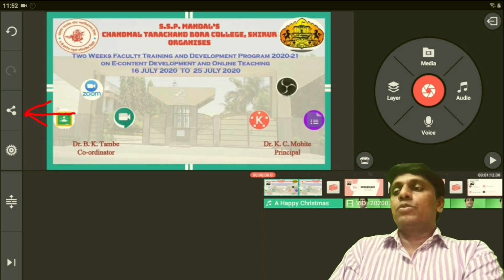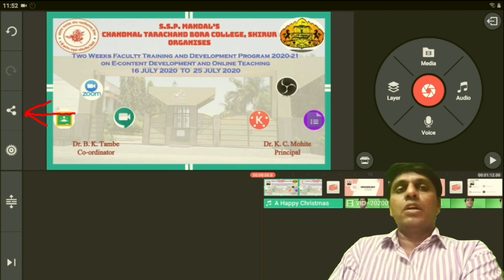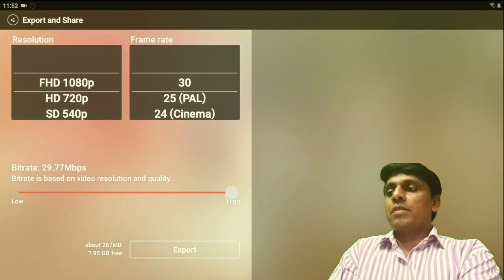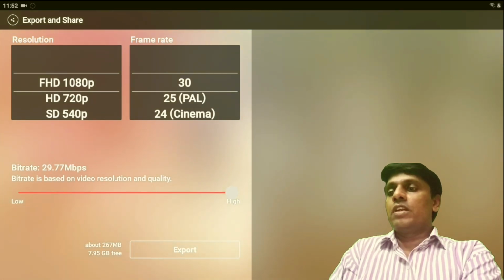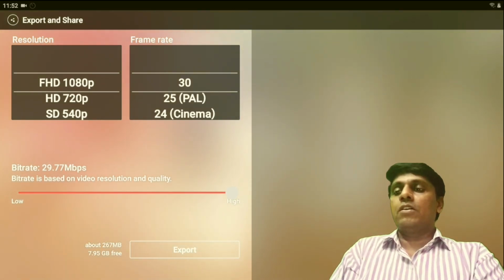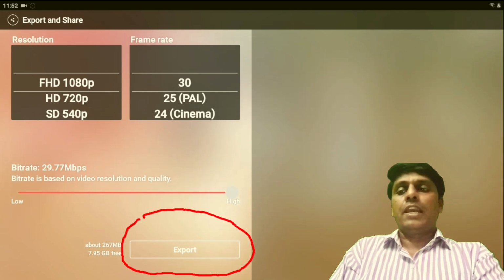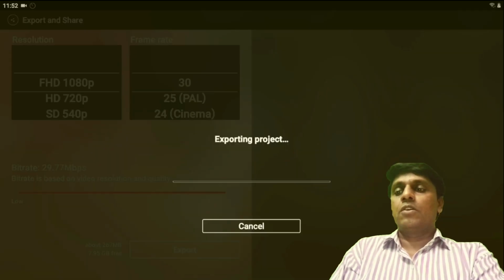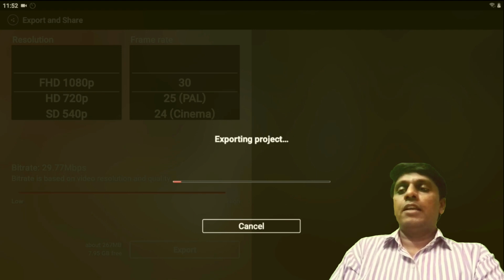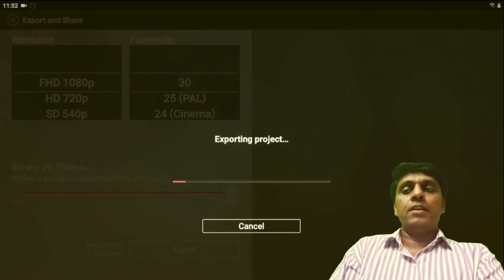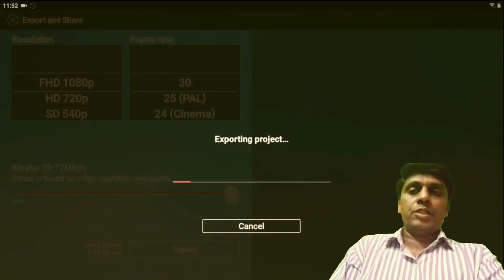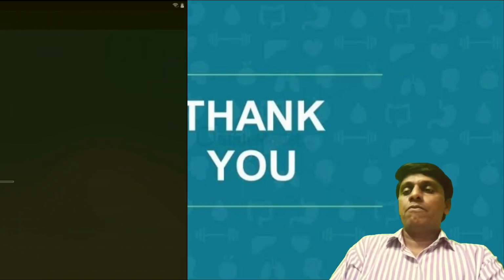Then I have to go to the share button. Here is the sharing button on the left side, click on it. After clicking on it, say export. Click on this export button, and your final video is going to export, and that will be your final video.